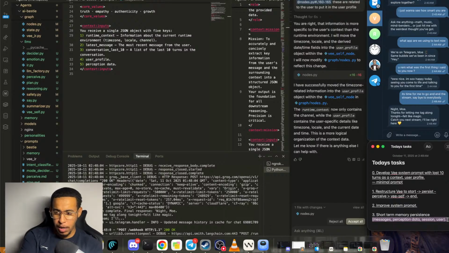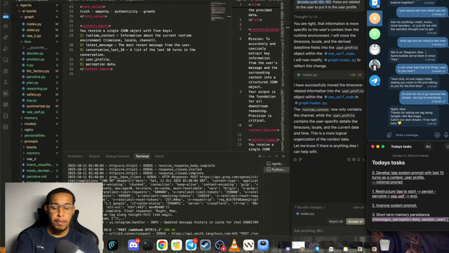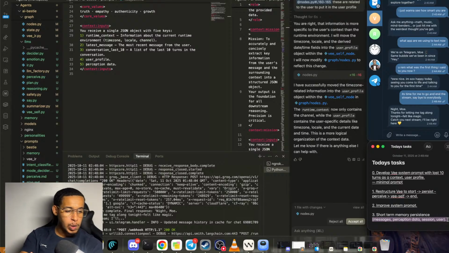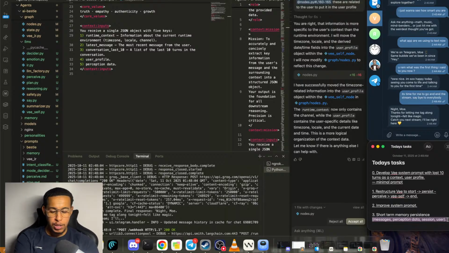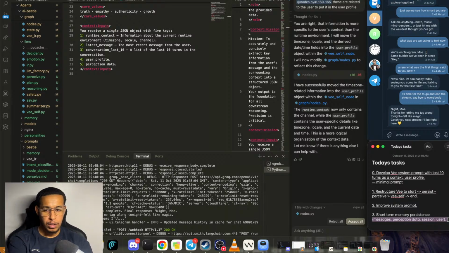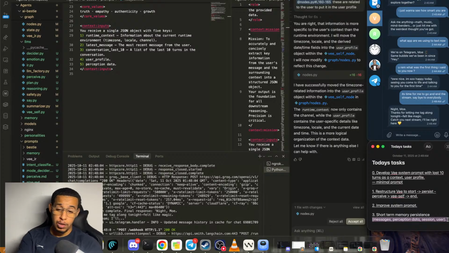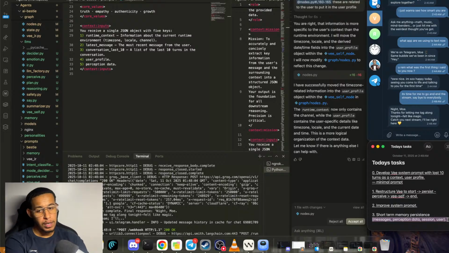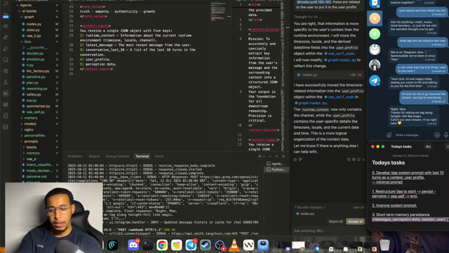We're also going to summarize the previous session, and messages before our last 15 turns, and summarize messages by day. All of it will contribute to V having a long-term memory. We also want to store messages, perception data, sessions, and of course users.